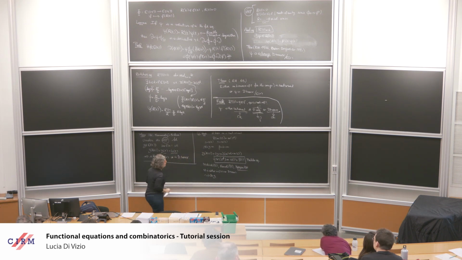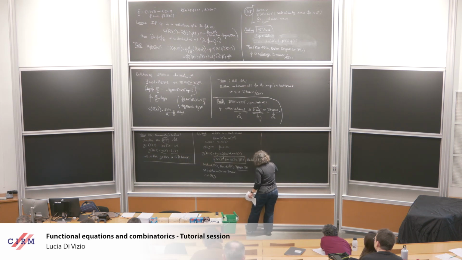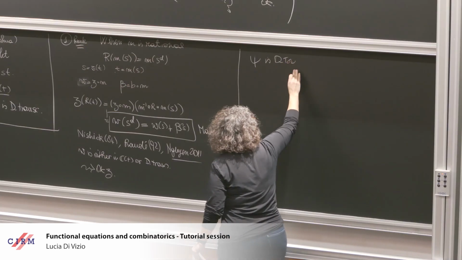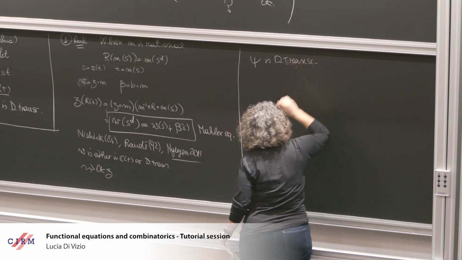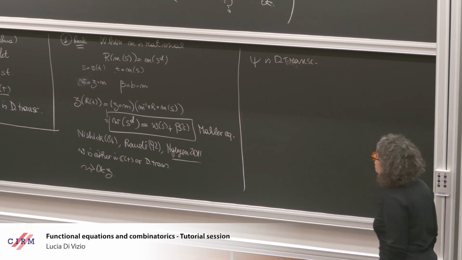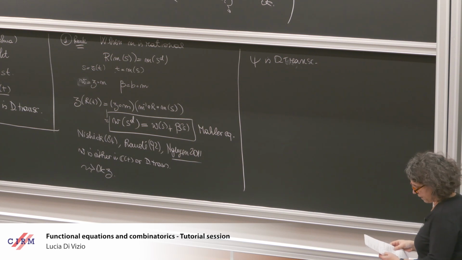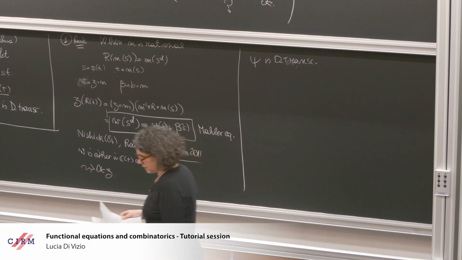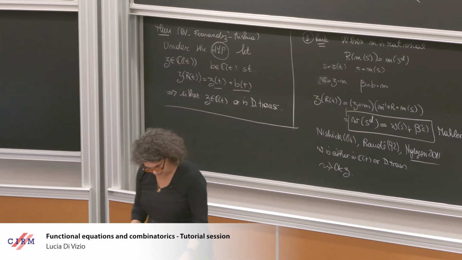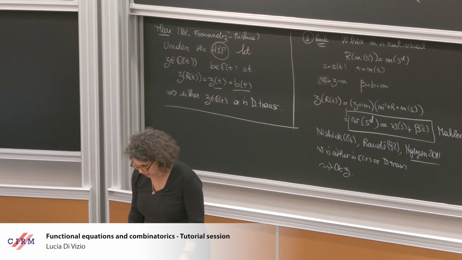So actually the thing to do is, when Z is D-transcendental, which covers all the other cases, that's one thing. So we can suppose that Z is D-transcendental, and I have